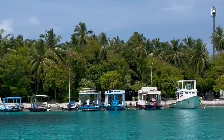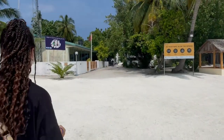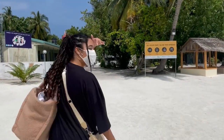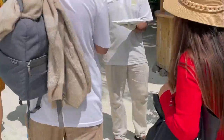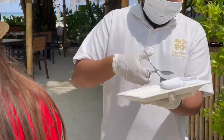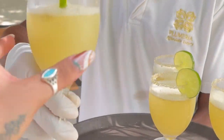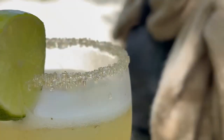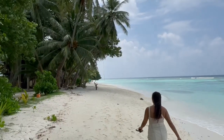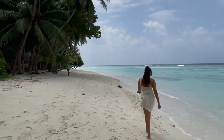We are now arriving at our first island called, I think it's pronounced Thinadhoo. Thank you so much. Welcome. Okay, what we drinking? Thank you so much. Okay, I didn't record much of the checking in process. I just wanted to get my stuff inside the room and head straight out to the beach, and that's exactly